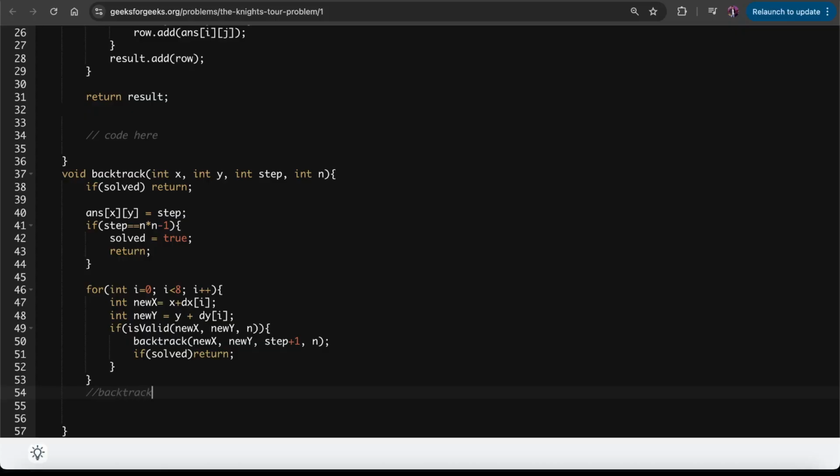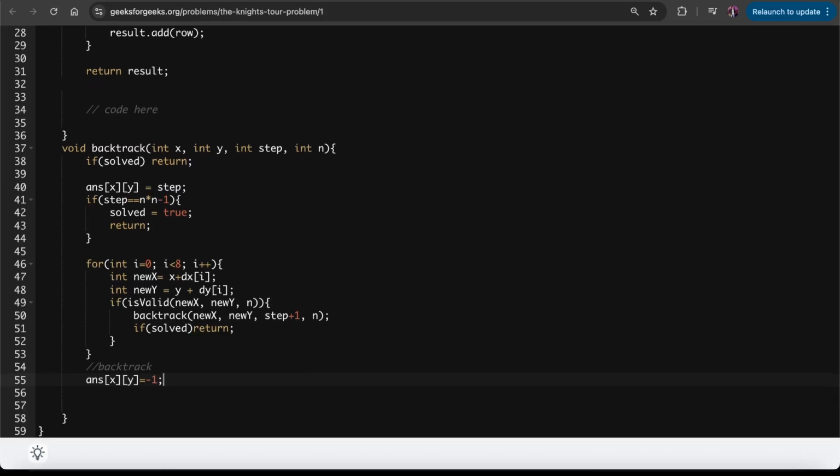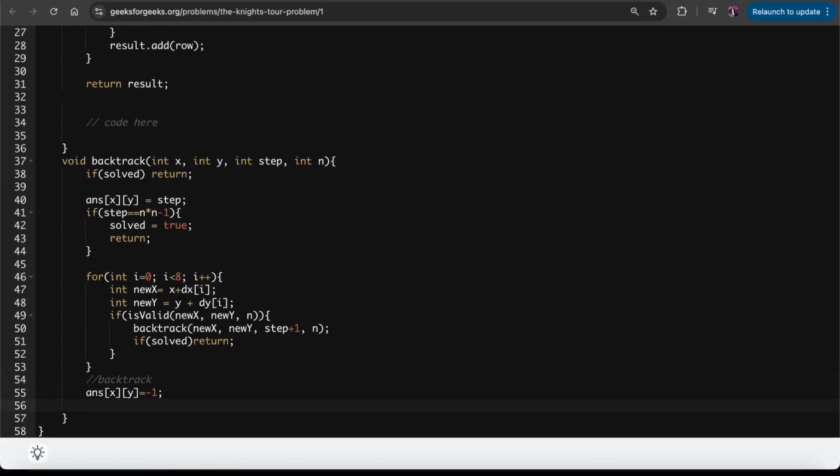If that is not the case, matlab again the same intuition as yesterday's question, हम जिस गली गए, हमें वहां से आंसर नहीं मिल रहा है, we are getting out of bound or something else, तो हम वहां से कह देंगे we will just recur back. We'll recur back to the parent call that we do not have to explore this path, right? So since you have recurred back and you do not want to explore the path which you already explored, तो उसे हम -1 से मार्क कर देंगे कि नहीं, हम इस रास्ते गए थे बट हमें आंसर नहीं मिला, तो हम रिकरिंग बैक और उस पाथ को वापस से -1 मार्क कर दो, सच दैट अगर हम कोई दूसरे पाथ से जाना चाहें तो हमें पता चल सके।